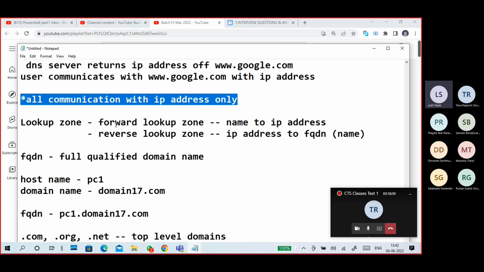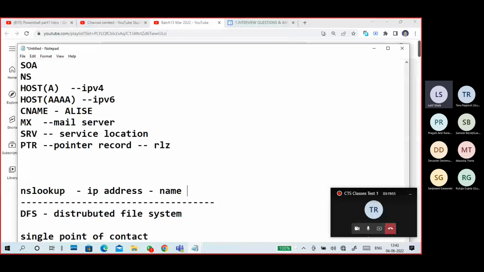FQDN means fully qualified domain name. You want a name, nslookup. You know the name, you want the IP address, ping is easy.